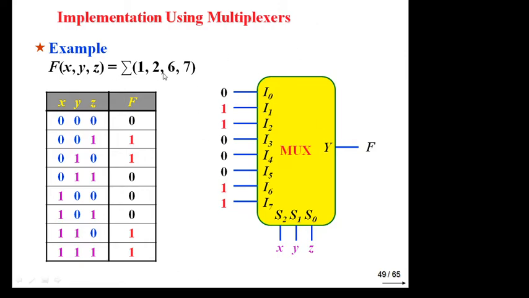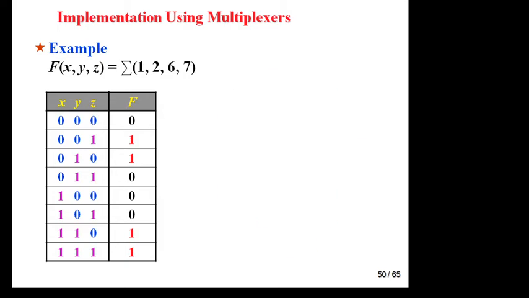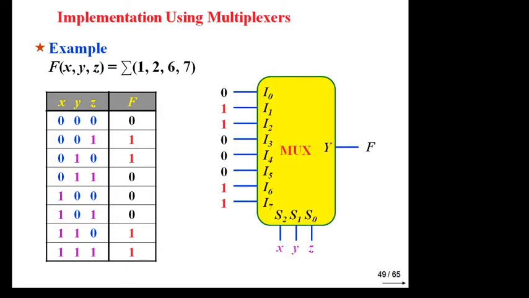Suppose you have to implement a full adder by using an 8:1 mux. Now you know there are two outputs, so you require 2 multiplexers: 1 multiplexer for sum, 1 multiplexer for carry. In the case of sum, what is sum? It is nothing but sigma m 1 2 4 7. Now just connect 1 2 4 7 to 1, and the rest of the inputs to 0.